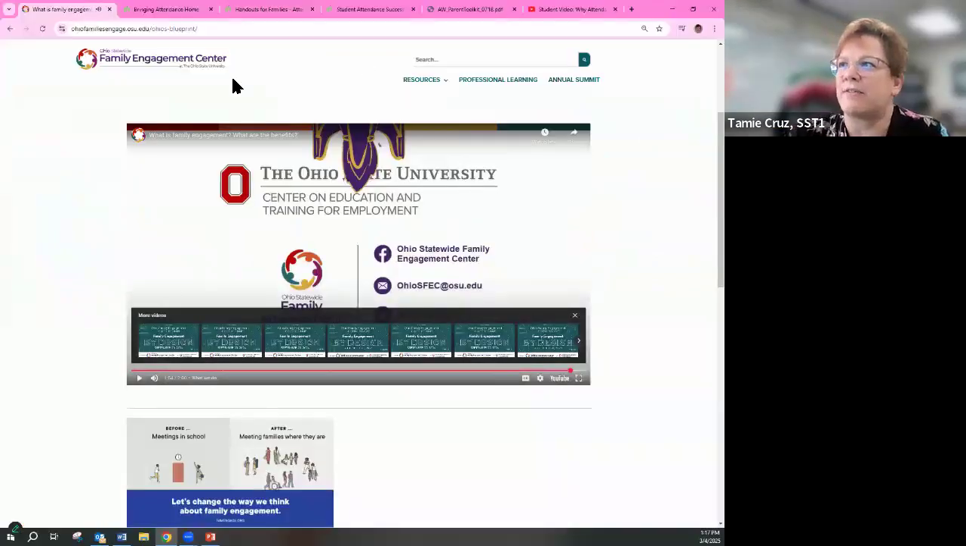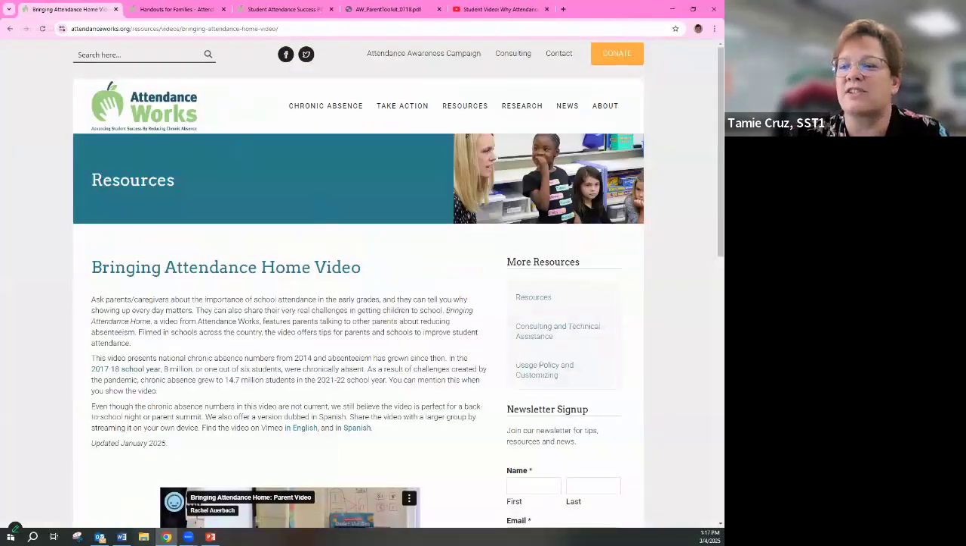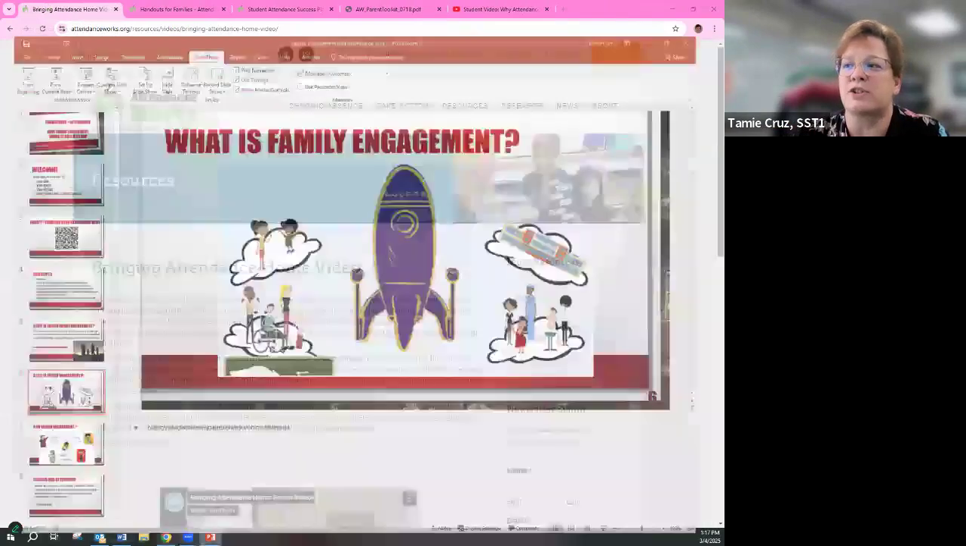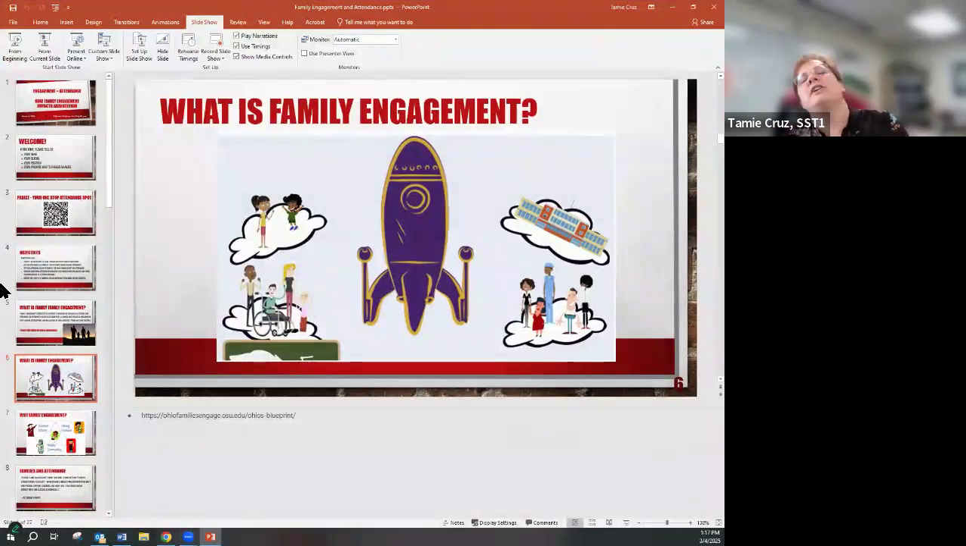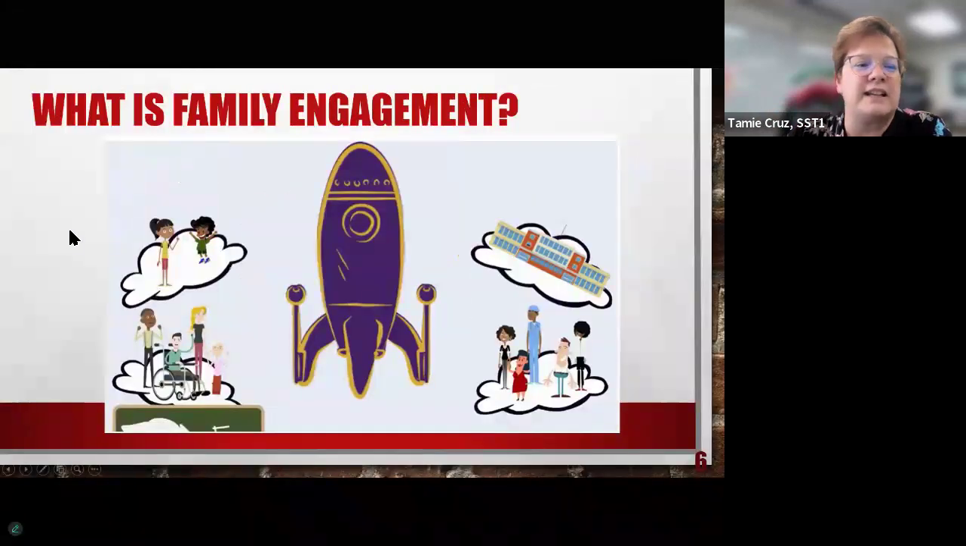I was in a training with the Statewide Family Engagement Center, and they said they actually had a research project to determine which metaphor worked the best as far as how they could explain family engagement. It's not just schools talking at families. It is that two-way conversation and everybody working together. And so they had cooks in a kitchen as one of the metaphors. They had the rocket launching into space analogy and several others. And they found that this was the most effective one to really explain